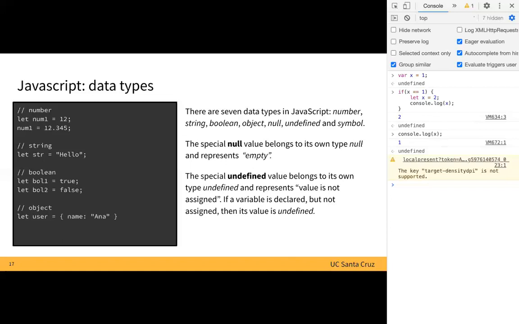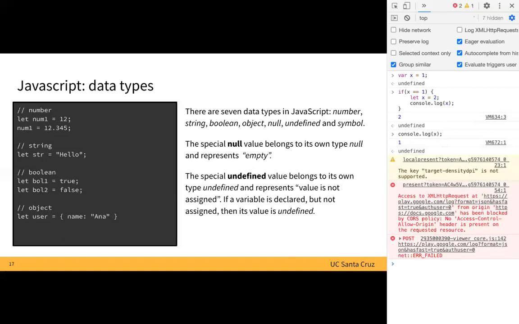Let's see if there's any interesting example here. I don't think there is any. Oh yeah, let me talk a little bit about the objects. Objects in